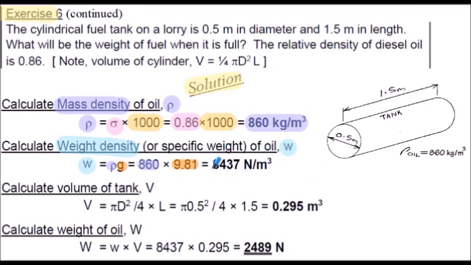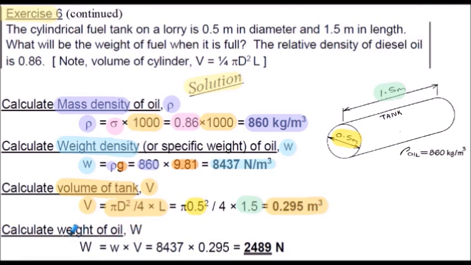So now we have the weight density. I've next calculated the volume of the tank, capital V, and we know that V is equal to pi d squared upon 4 multiplied by L, area times length in other words. Inserting the diameter into the equation, 0.5 meters, shown in the sketch here, and the length of 1.5 meters, then the volume evaluates to 0.295 meters